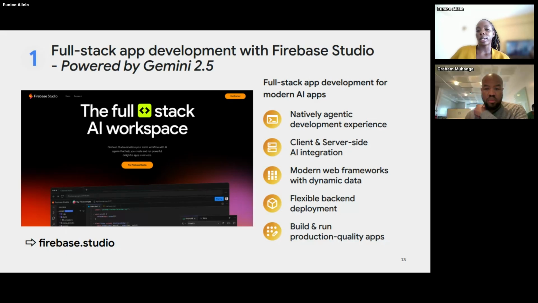You're also going to get a chance to interact with more modern web frameworks, and at the same time also build and run your production quality applications. If you're thinking about just prototyping as well to see how it works before you deploy on cloud, being that you will have credits, this is a chance for you to do so.